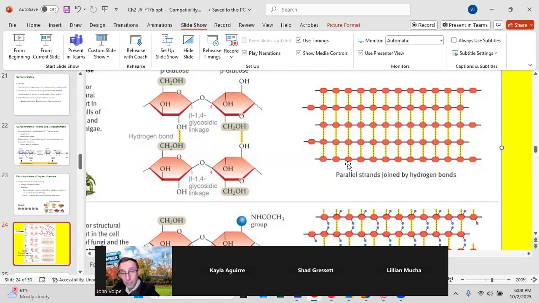Because of all the hydrogen bonds in cellulose, it is very difficult to digest. Humans cannot digest cellulose, so we cannot eat grass and break it down into glucose to use as a food source. This cow can, however. The cow doesn't actually break down the cellulose in the grass either.